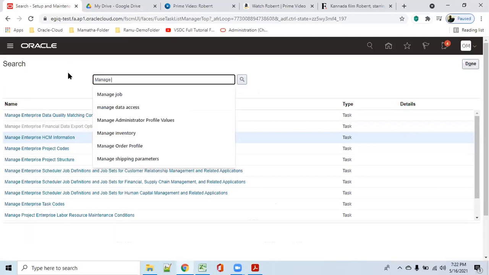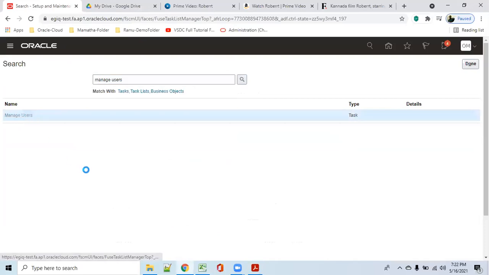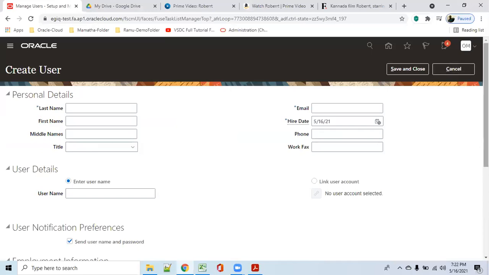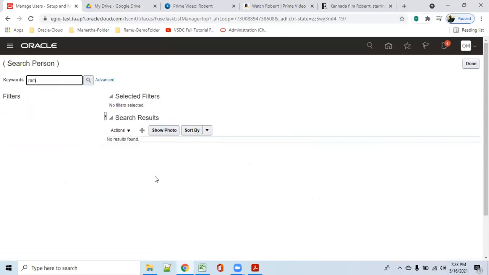One second. I think the system will bring the roles from the security console. See, here it is. If you create a new one, just search blank and you'll get all the users. This is my instance. Let me see.